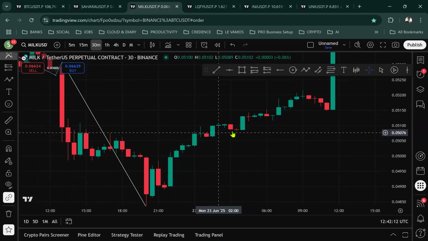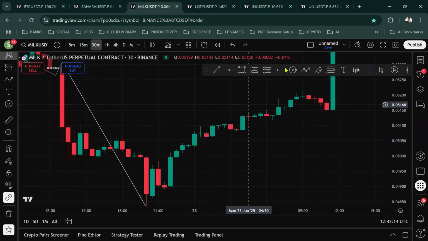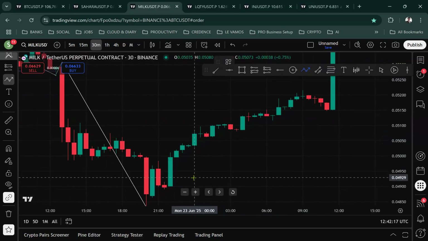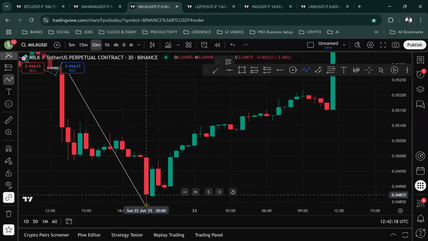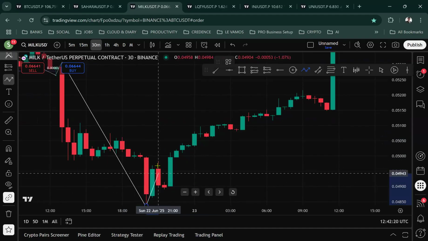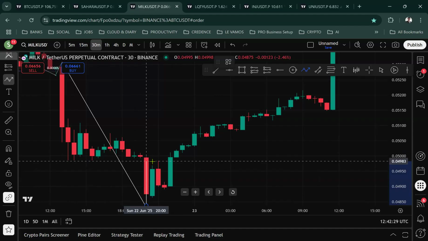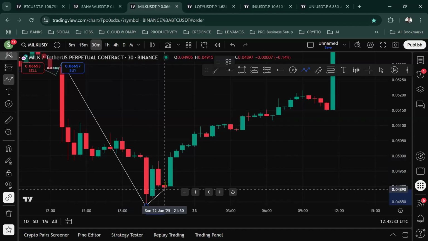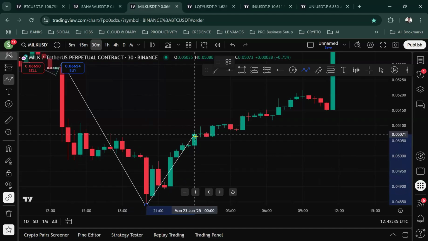Yes, this is a valid pullback. It's already here, a valid pullback. Here, this is a pullback, but this is not a valid pullback. So I can say